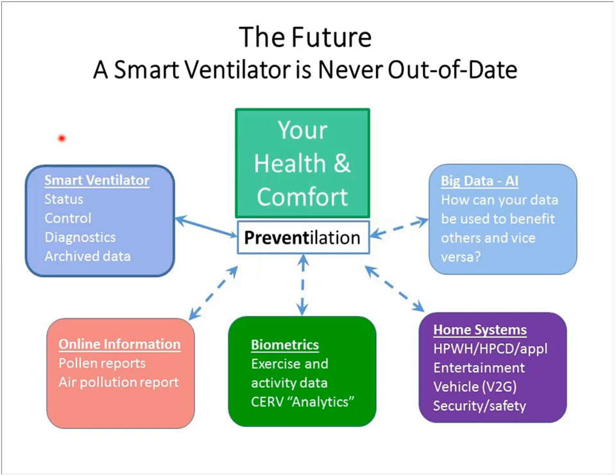Right now, we're at this area where within a smart ventilator such as the one we build, online, someone can look at the status, control, perform diagnostics, and then access all their archive data. And in the future, we've already developed what we call CERV analytics, trying to help us in a similar manner with activity trackers and other biometric monitoring devices, just see how this data can be used to make us feel better. But as we look at big data and artificial intelligence